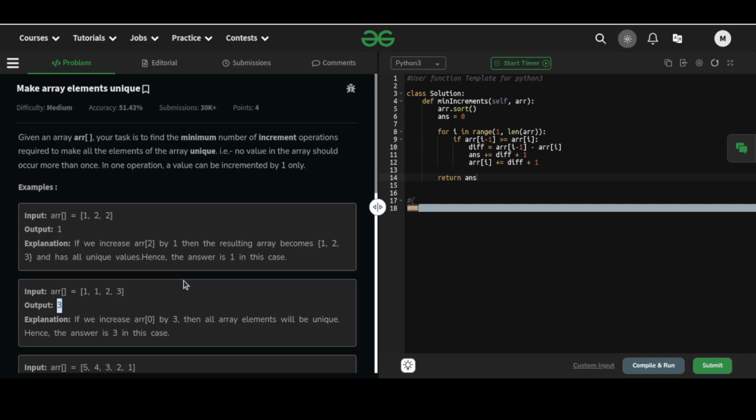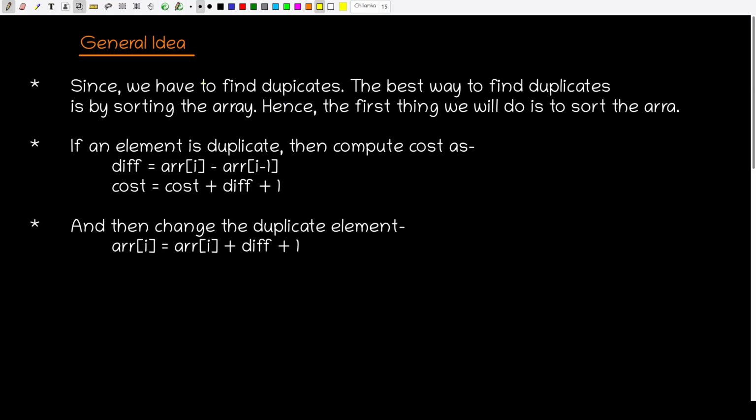Now let us discuss the solution of this problem. So the general idea behind solving this problem is, the first thing which we have to do is find duplicates. And the best way to find duplicates is by sorting the array. Hence, what we are going to do is sort the array. Once we have sorted the array, then we are going to check whether an element is a duplicate or not. Once we identify that an element is a duplicate, then we are going to compute the cost, or the amount of increment needed over here, and the amount of increment which is needed will be given by this value,